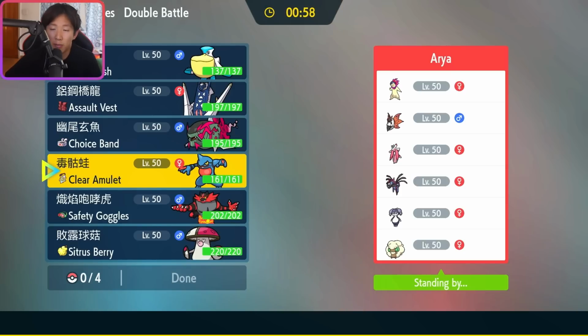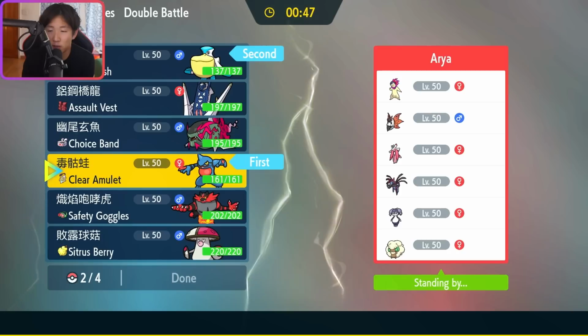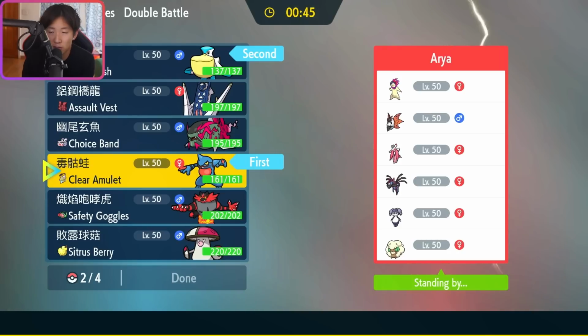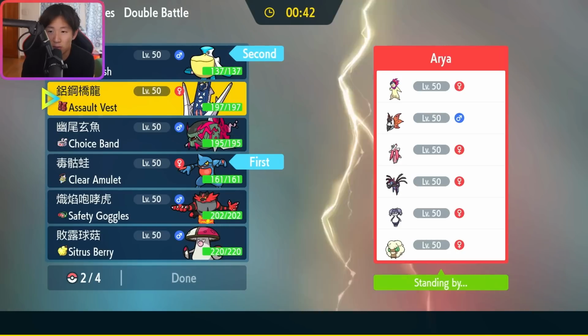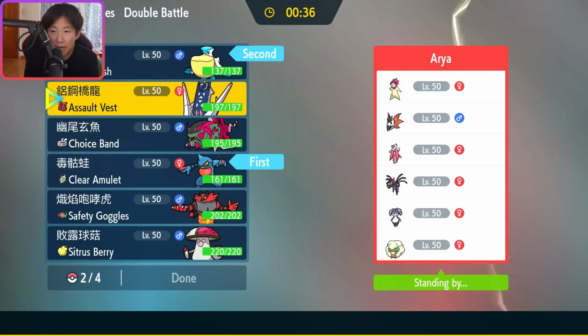Oh, you know what, though? They probably wouldn't anticipate Dark Terra Sucker Punch from Toxicroak. So I think I'm actually down for Toxicroak plus Pelipper lead. Bait them to Sunny Day against this, and then just Dark Terra Sucker Punch, and Weather Ball. That could work. And then in the back, go with...